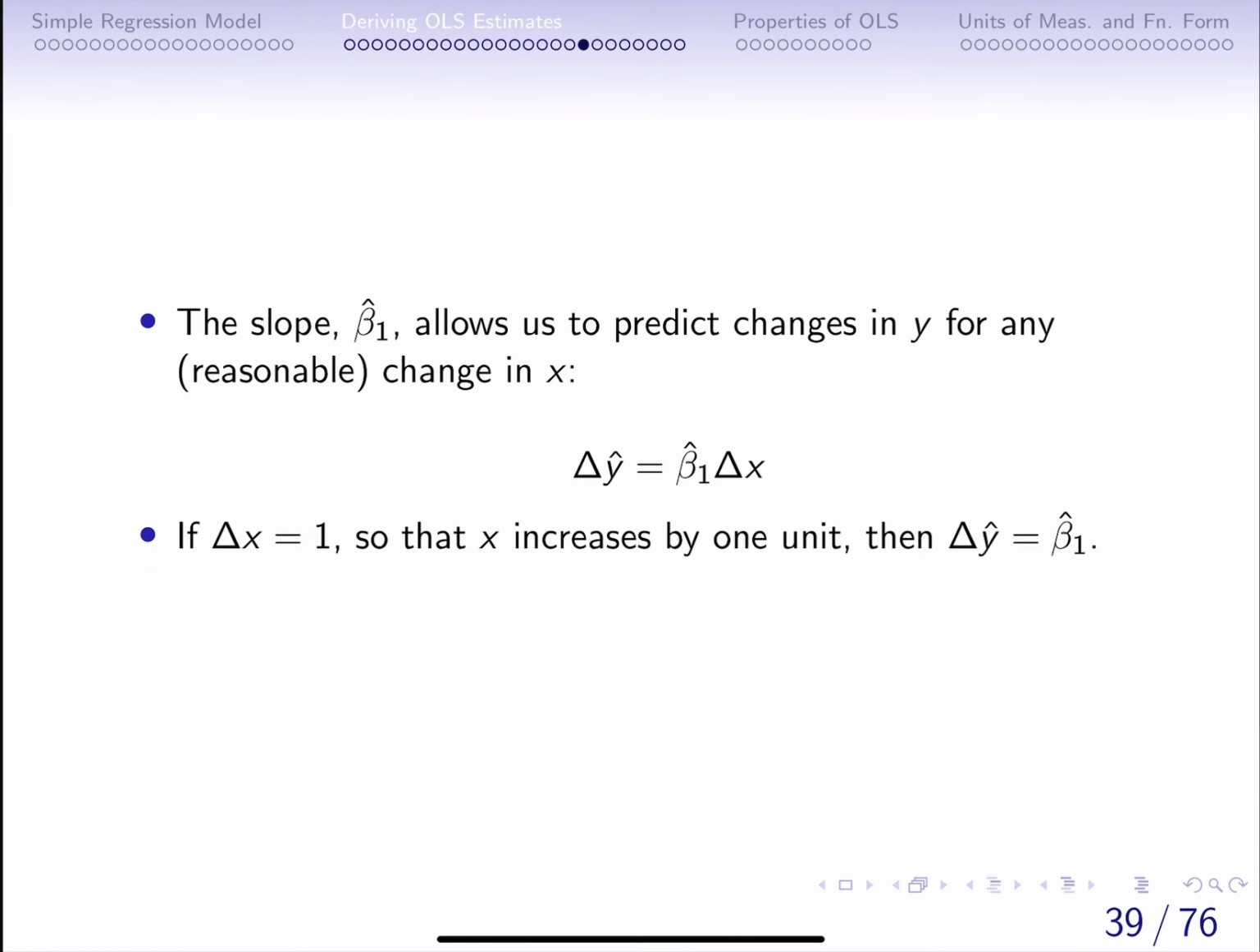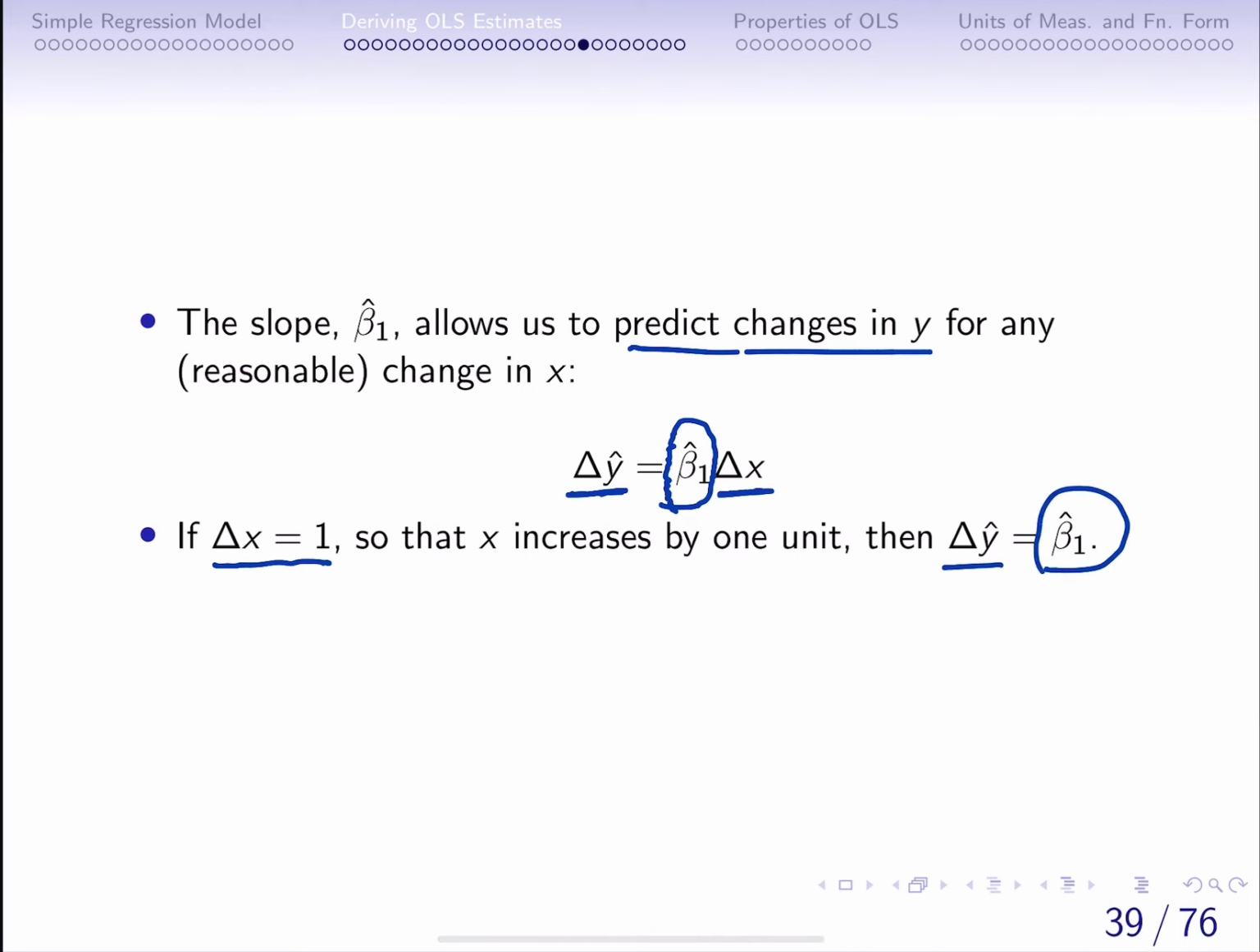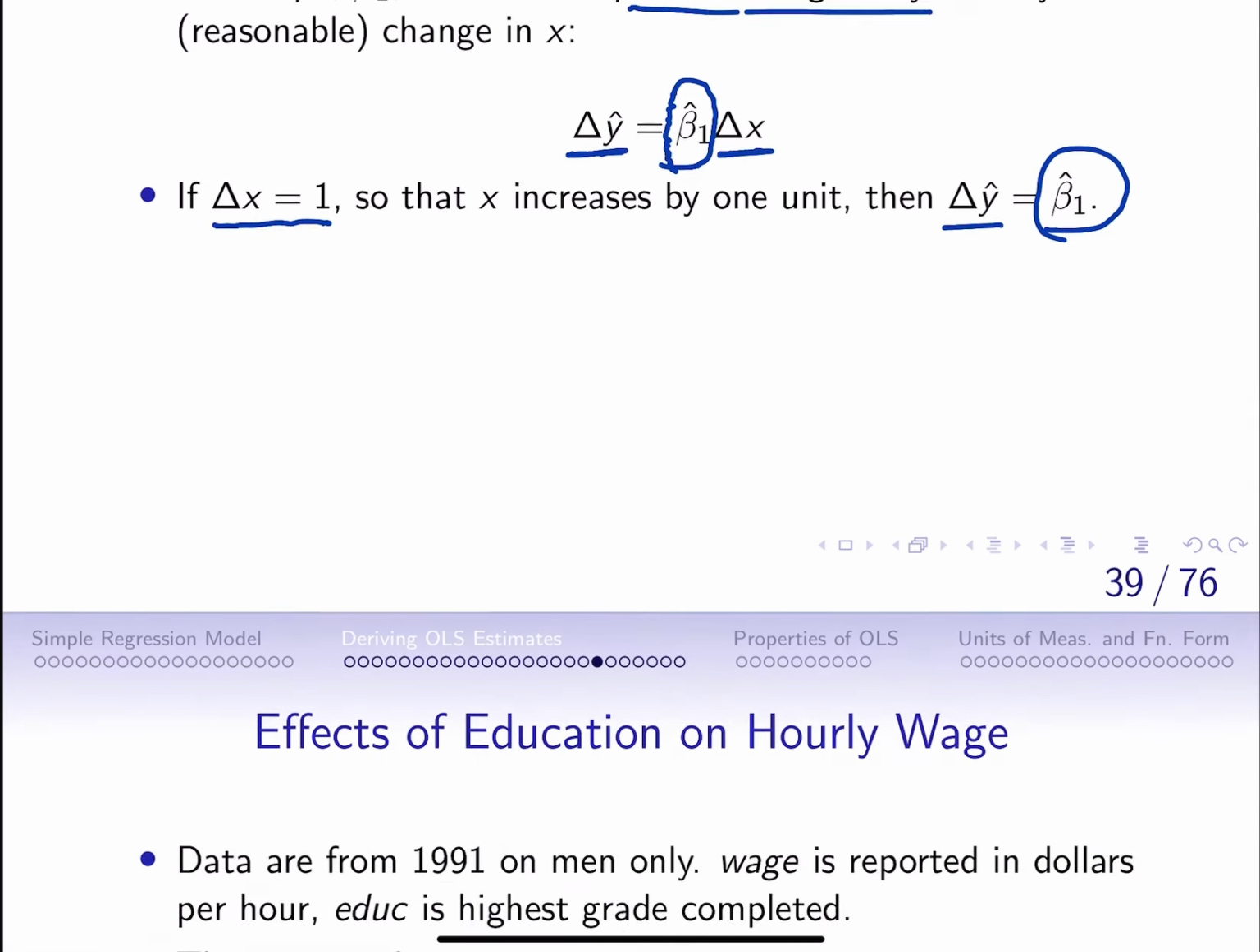In general, again, remember that we're capturing the slope here, which is basically giving us the changes in x, and we are basically predicting the changes in y. So remember what beta 1 hat is capturing: it's predicting the change in y for any reasonable changes in x. In other words, if we wanted to simplify this further, we can say that if x changes by 1 unit, then the change in the predicted value of y is equal to the slope coefficient beta 1 hat. So let's put this to